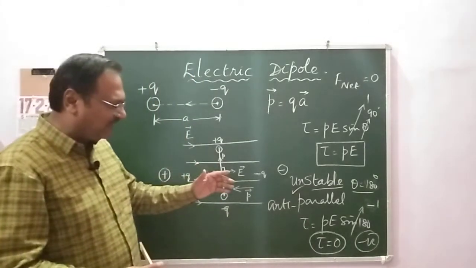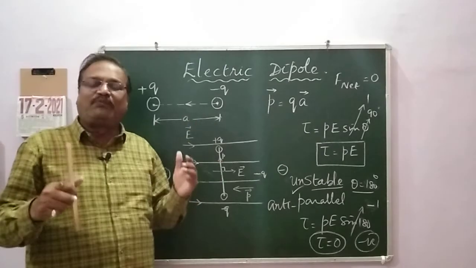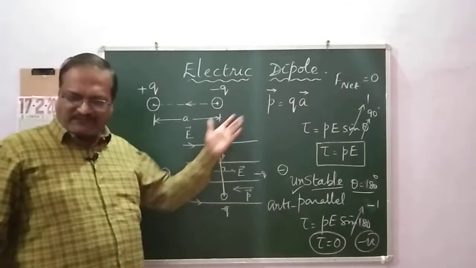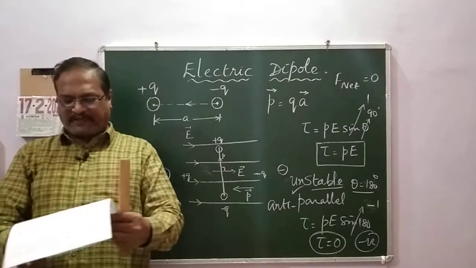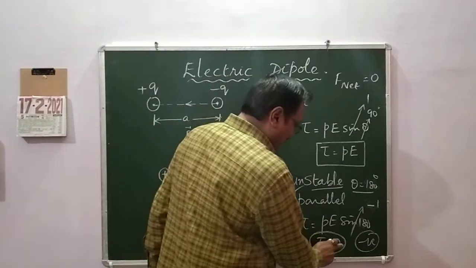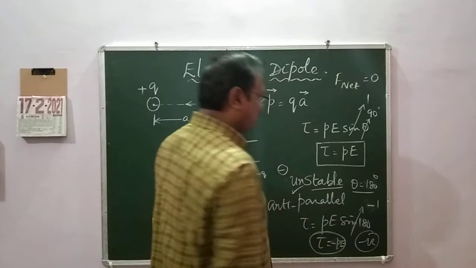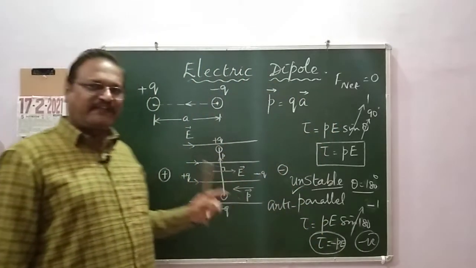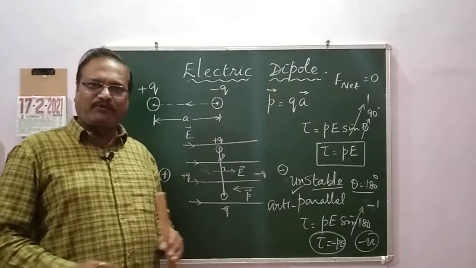So naturally, what will happen? You will find that it will experience a torque. Yes, it is unstable. It is not in a stable position, and that is what is going to happen. Now I am going to explain a point more on it. I hope you understand, it has become negative. First is plus PE, unstable is minus PE, and when it is lying perpendicular, it is going to be 0. I hope you understand.